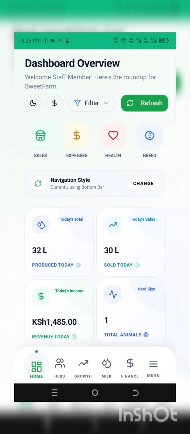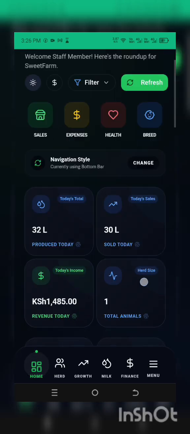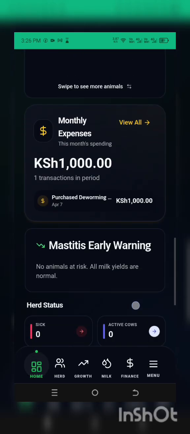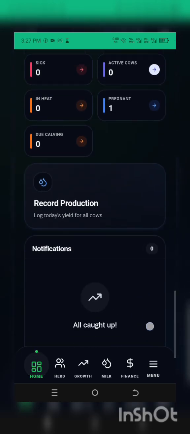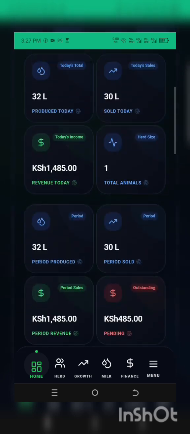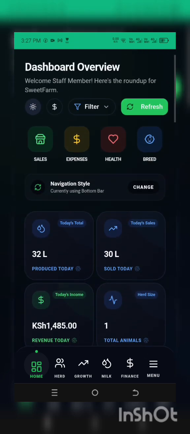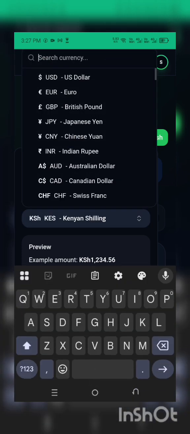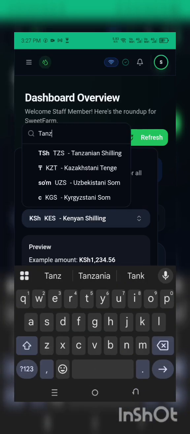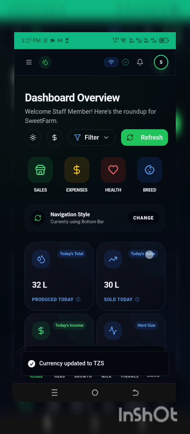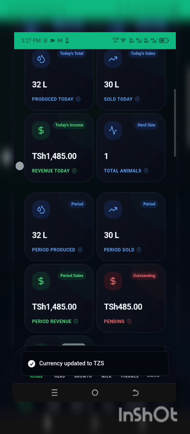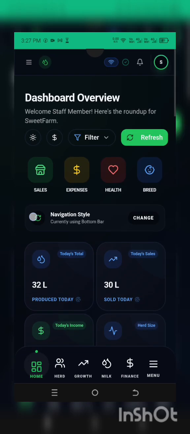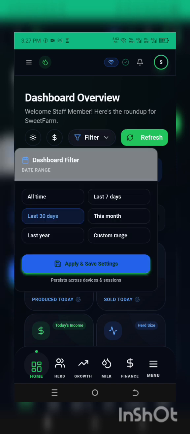This is how you switch themes in case you're using this application at night, or in case your eyes are light sensitive. This is how you change currency. If you are in Tanzania, this is how you change the currency so that it can use Tanzanian shillings, or either Ugandan or anywhere in the world. So under filter, this is where you filter to see